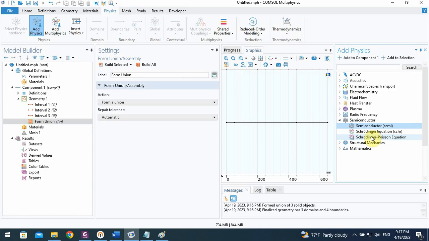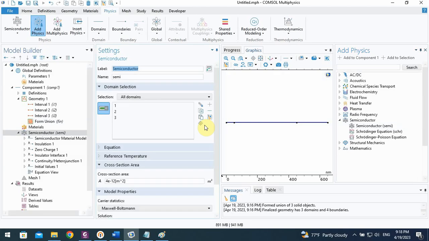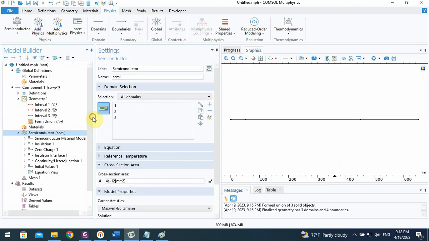As you see, our thickness is above 10 nanometers, which assures us we can use classical equations. Okay, I choose the semiconductor by double clicking, left click 2 times. Okay,